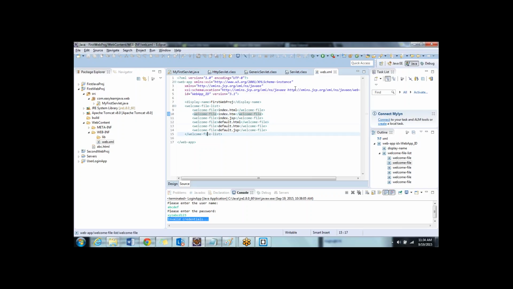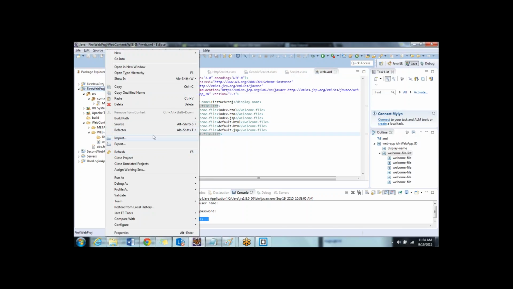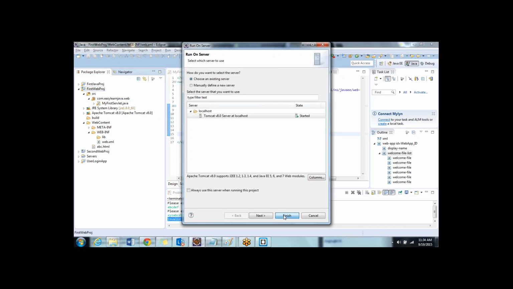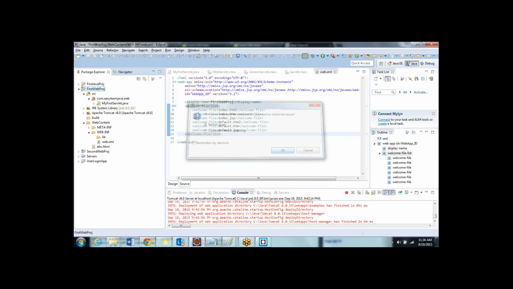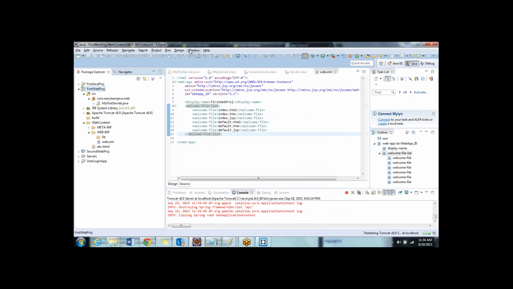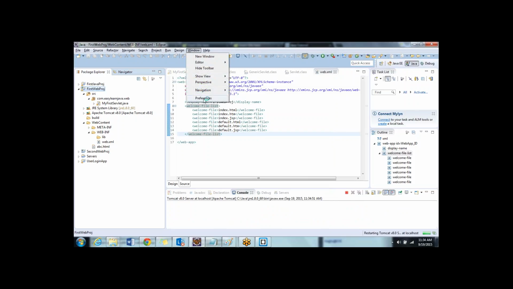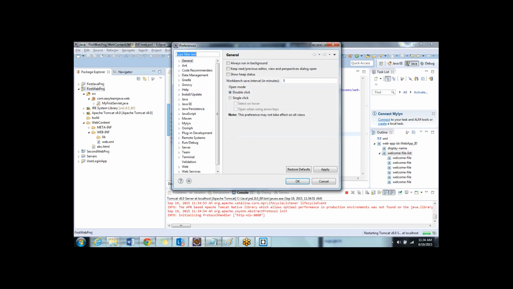Okay. So for now, there are two things that I want to explain here. The first thing is how to set a default home page for your application. Let me say that when I run my project, when I say run on server, I say finish, restart the server, and the next thing is window, preferences. When I go to preferences,